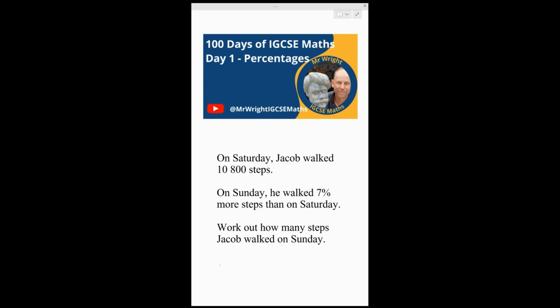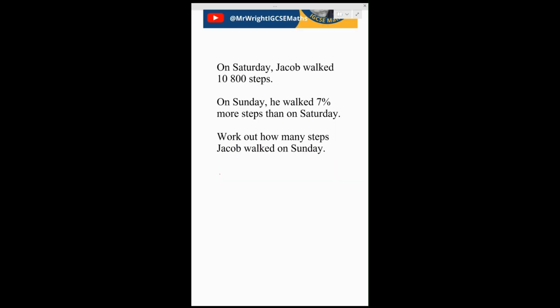Now's a chance to pause the film if you want to do the question before I do. Right, so we've got the number of steps he walked on the Saturday, and we have to increase that by 7%. So I'm going to multiply it by 1.07. And on my calculator, that gives me the answer